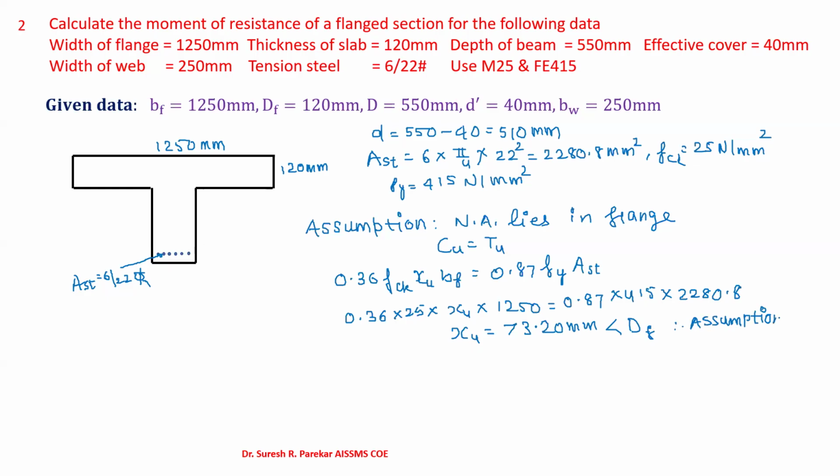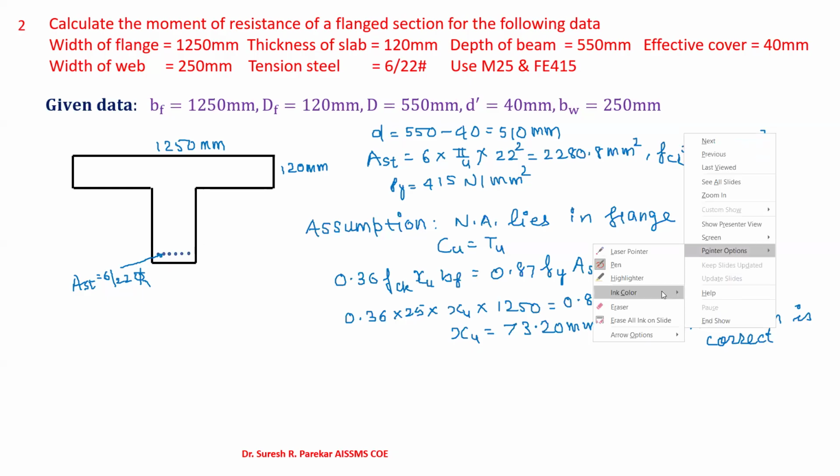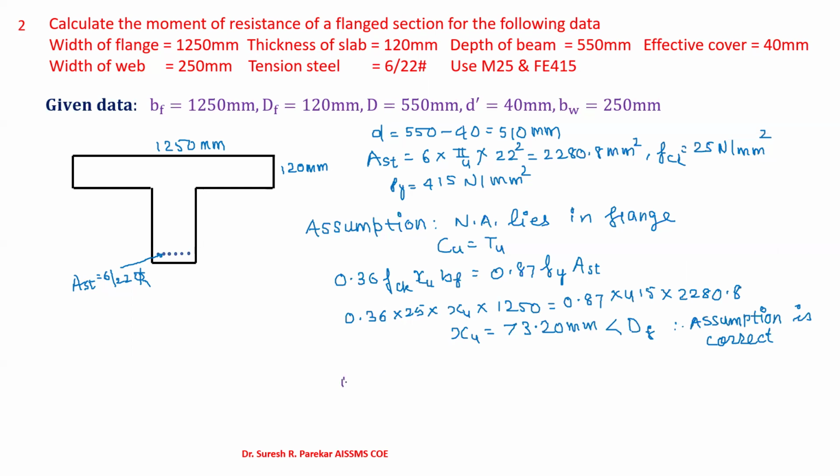Therefore, assumption is correct. And then we can find value of MR directly here. So we can have MR equal to 0.36 FCK XU BF. This is force, minus in bracket D minus 0.42 XU. This is lever arm. And then put value 0.36 FCK 25 XU